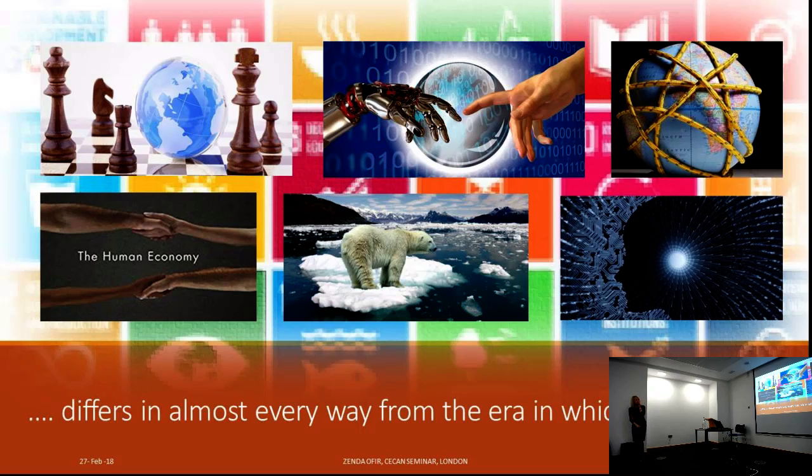And this era looks very different. These pictures are symbolic. I'm sure you can identify them. The one at the left top corner is competition in the world, competition between countries. Globalization and what it brought, mostly competition for resources. The fourth industrial revolution, the merging of technology with people and with nature, and technology playing an incredibly important role